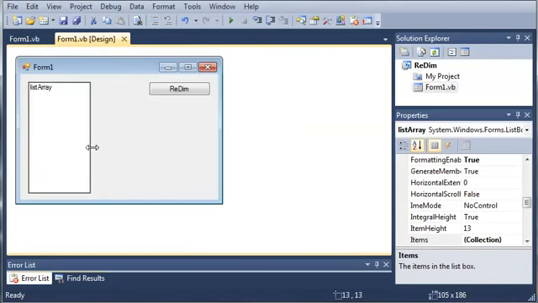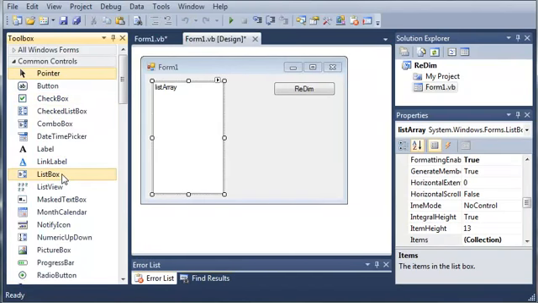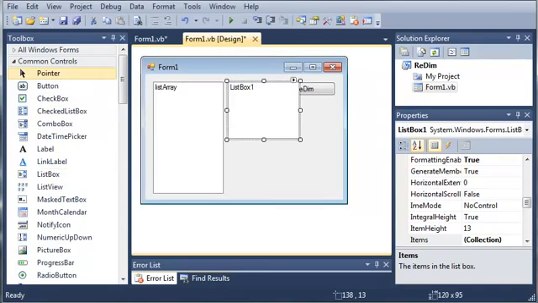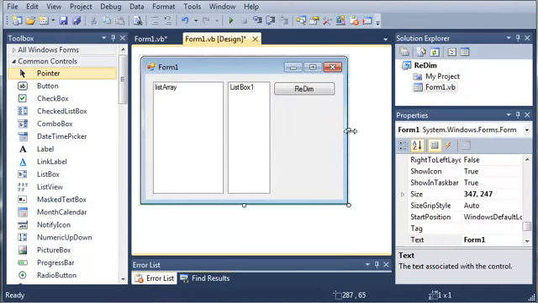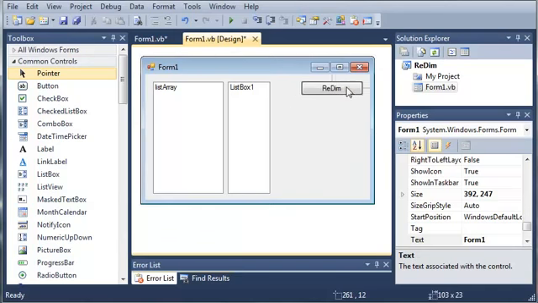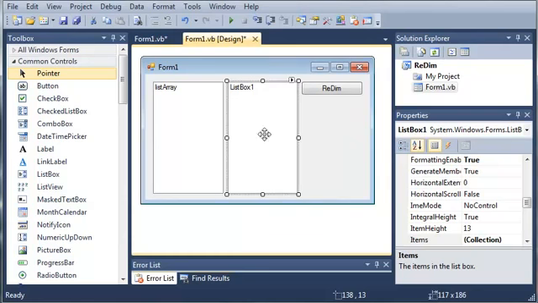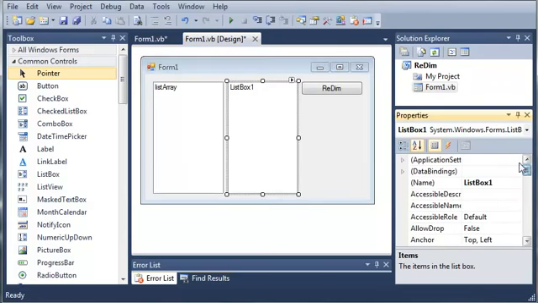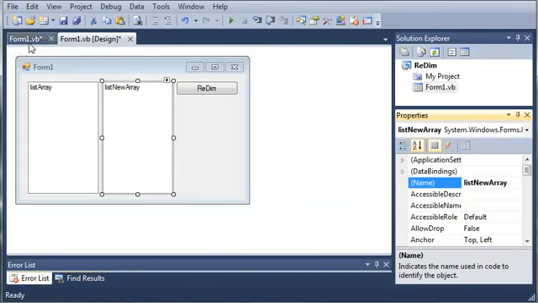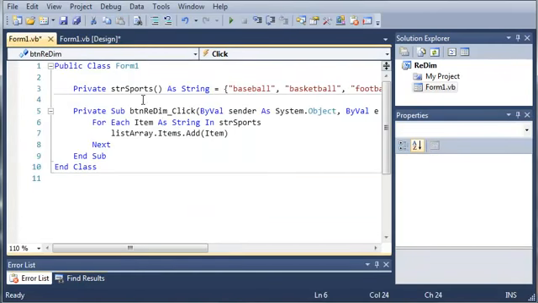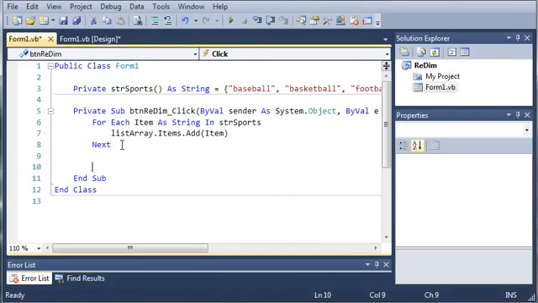Okay, so we'll add another list box. So we'll just come over here to our toolbox, find list box. Okay, so we'll shrink this down some to fit into our form, and let's just make this a little wider. And we'll set the name value of this to list new array. So now we'll go ahead and come back here and we will find our button redim click event,